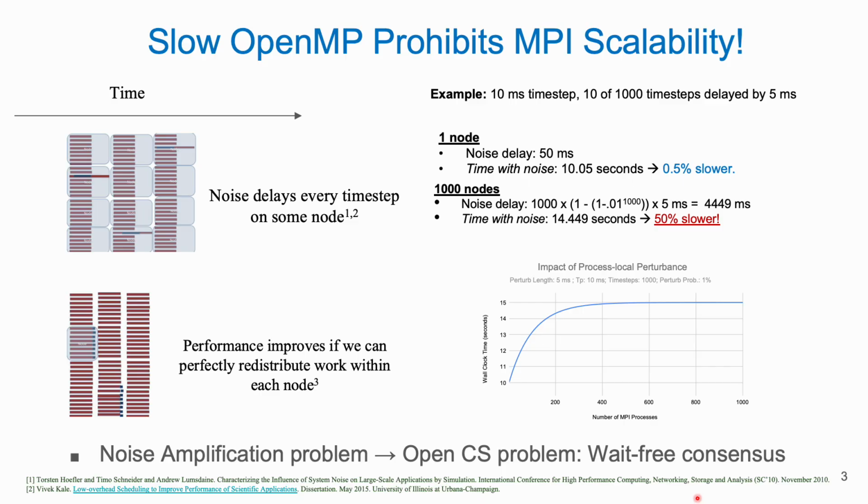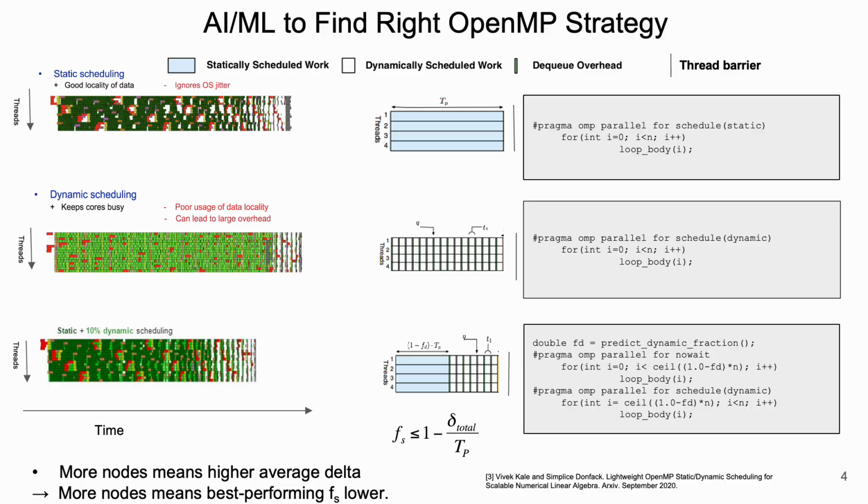This is a key and underlying reason why optimizing OpenMP is so critical to our exascale supercomputers. The thing I intend to point out here is that AI/ML benefits for finding the best performing OpenMP strategy that